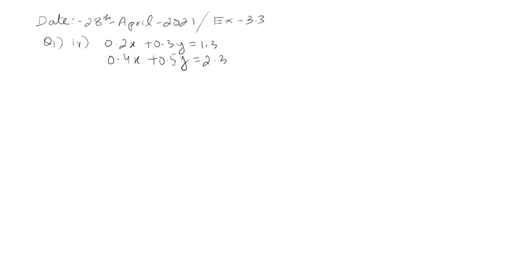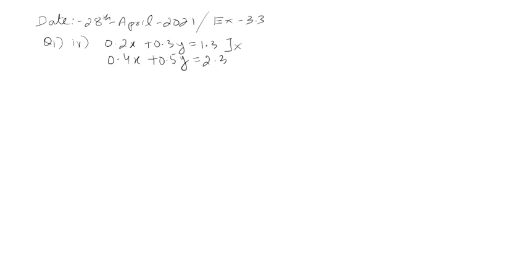Now you will notice here that these questions are having decimal numbers, right? So when you have decimal numbers, there is a slight problem of doing the question with the substitution method, because we get decimal values, so it becomes a little confusing. So I recommend that if you get decimal values like this, you should remove the decimals. You notice that all the coefficients have one decimal place, and the constant also has one decimal place. So to remove the decimals, what we can do is multiply these equations by